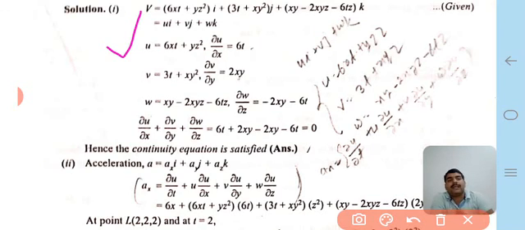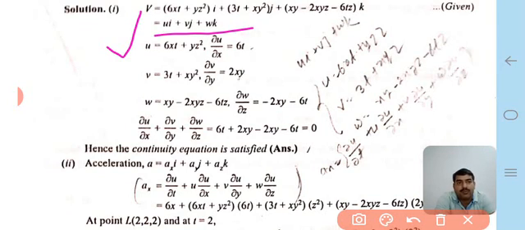Now equating with the standard equations, that is ui plus vj plus wk, therefore u is equal to 6xt plus yz square, v is equal to 3t plus xy square, w is equal to xy minus 2xyz minus 6tz. Now differentiating all the velocity components